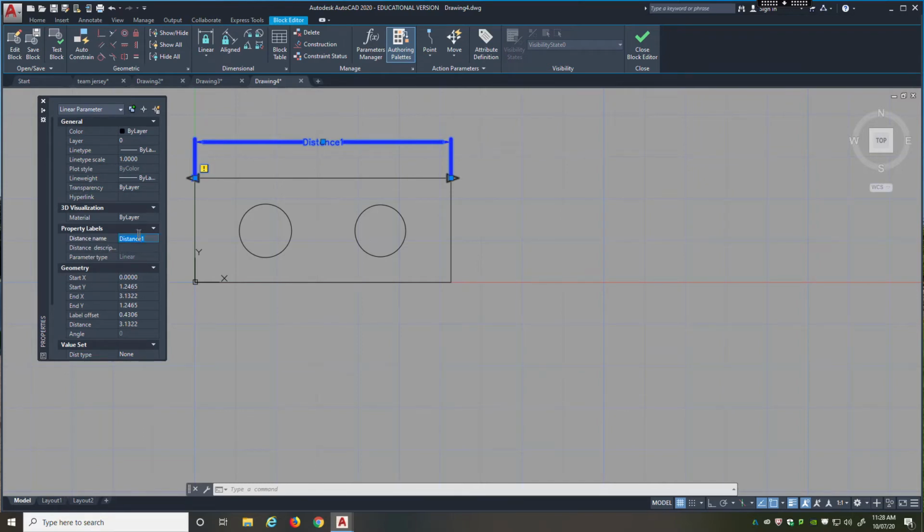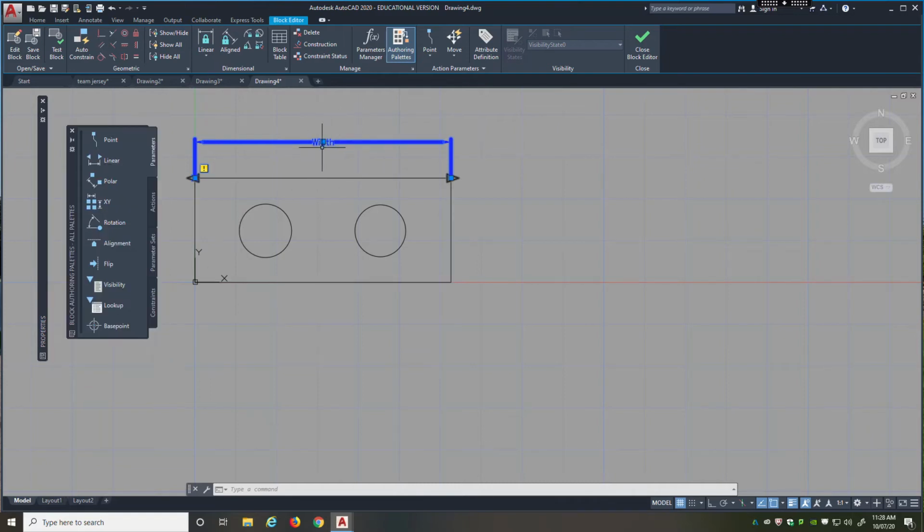Distance name, right? So we'll call this width. That's the width. I hit enter. All right, so now I've got the width, and the width is going to be what's changing, right? So the first thing to do is to have some sort of action associated with the width,